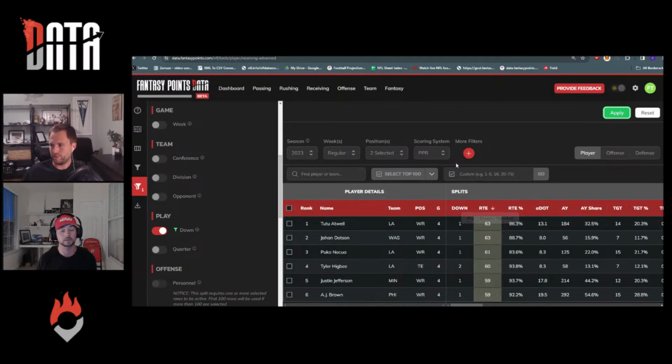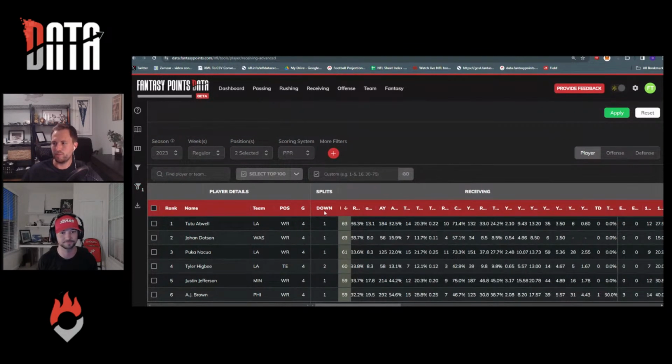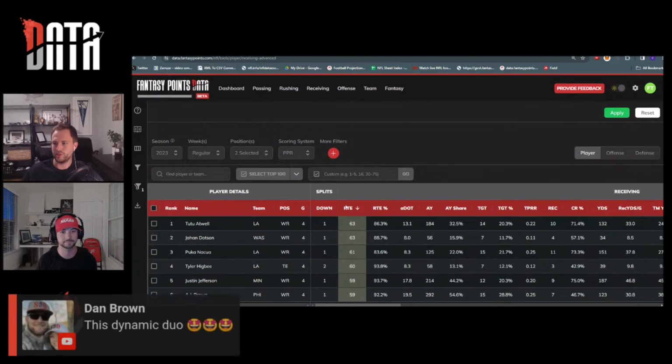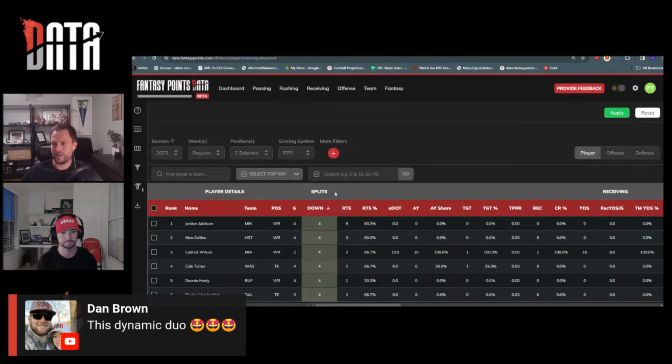But let me show how to. There's a couple ways you could sort this differently, and I think a lot of people might not know this just by looking. What I would probably do is sort by down, and when you hold down the shift key on your keyboard, once it sorts, that'll let you sort by another column. So right now, let's not look at fourth down. That's kind of boring. It's not enough of those. I'm just going to sort it the other way so that first down comes up first, and then if you hold down your shift key while you're in the tool, and then click on target share or whatever column, it'll then sort by the second column that you chose, keeping this one.